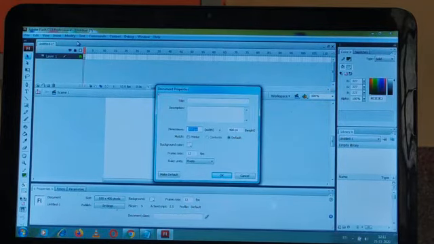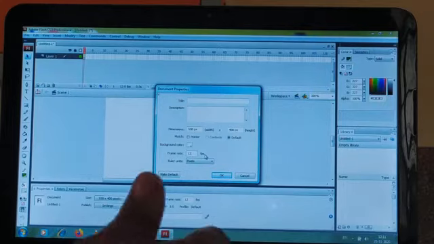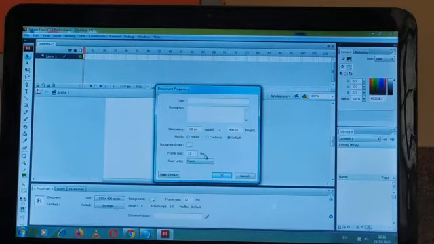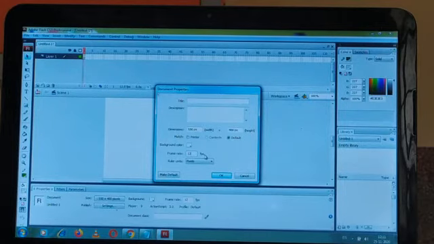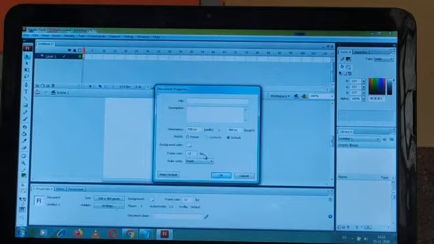There is a dialog box that is called the Document Properties dialog box. Okay. If you want to change the frame rate, meaning how many frames will move per second, FPS, you can see FPS means frames per second. By default the frame rate is 12. You can increase or decrease this rate. If you increase the frame rate, then the speed of your movie will be increased, and if you decrease the frame rate, then the speed of your movie will slow. So frame rate is proportional to the speed of the movie.